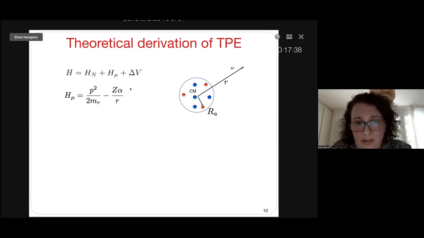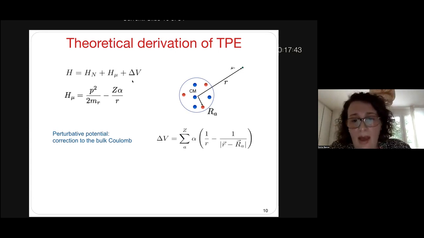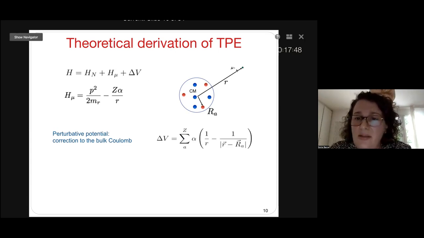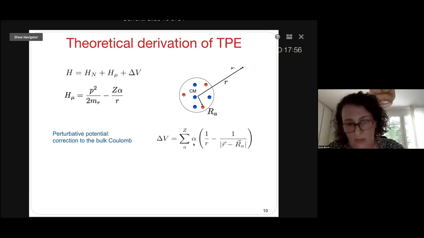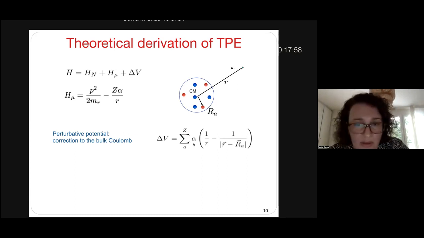And then you have this delta V here, which you can see as a perturbation. That's basically the difference from the bulk Coulomb, and it's the interaction of the muon with each of the protons. This is proportional to Z alpha, so you can use perturbation theory to approach this